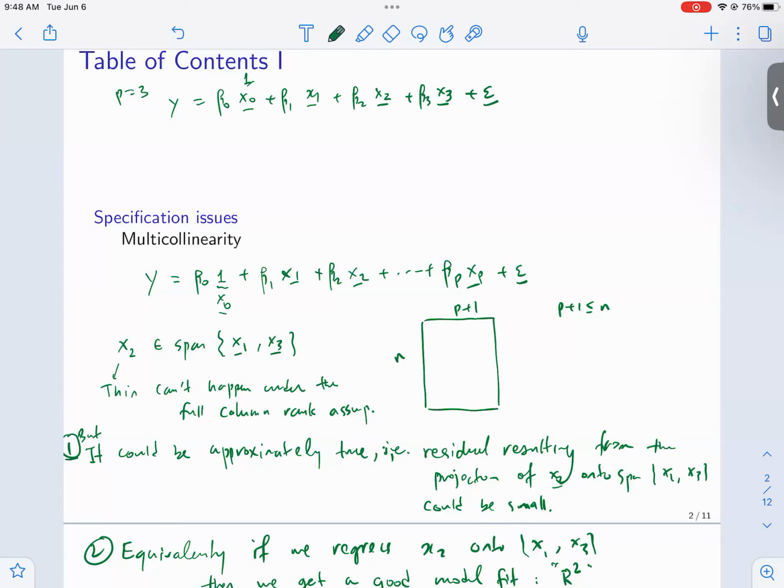Good question. First, in this model, it's good to just project it onto the span of x0, x1, and x3, all the other ones. But why not just a single one? I can also project x2 onto the span of x3, or onto the span of x1 and x3, or onto the span of x0, x1 and x3. Everything else, or a subset of everything else, you could do all of that. But why do I want to project x2 onto the span of everything else? We'll see where that comes from, but